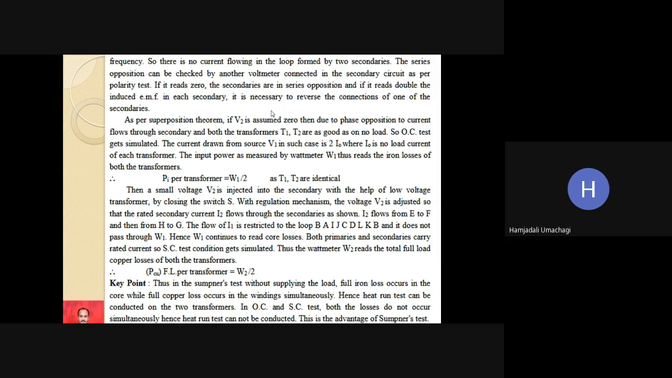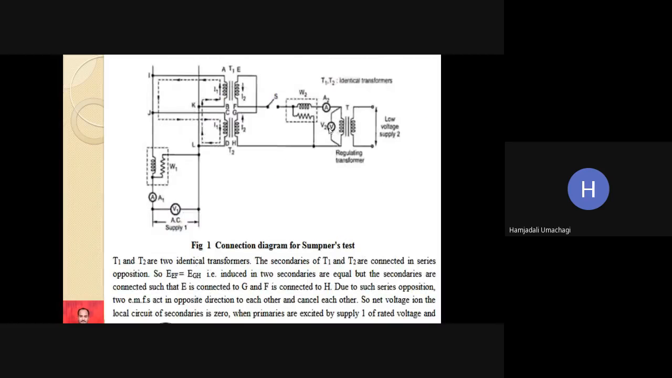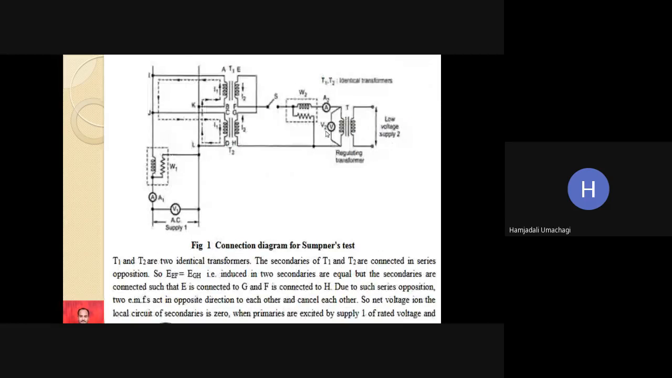It means that both the secondaries are in series opposition. Now, as per superposition theorem, if V2 is assumed 0, V2 means the second voltmeter, which is on the secondaries of the other transformer. Secondaries of the other transformer means this will simulate the short circuit test. If the short circuit test side voltmeter V2 is assumed to be 0 as per superposition theorem,